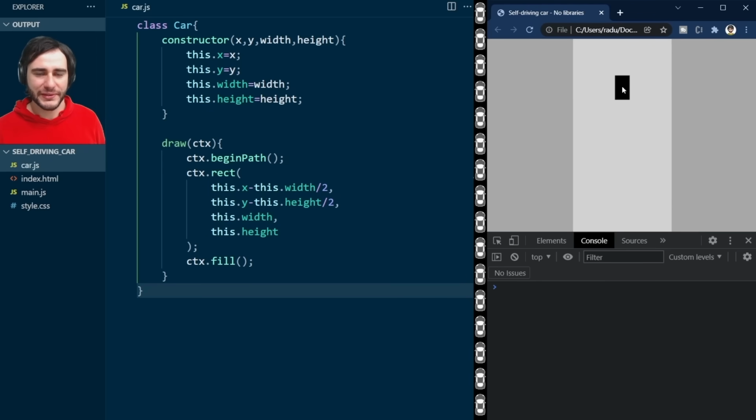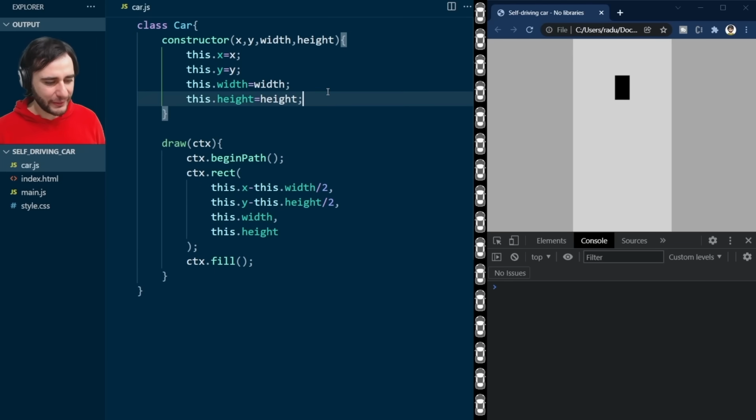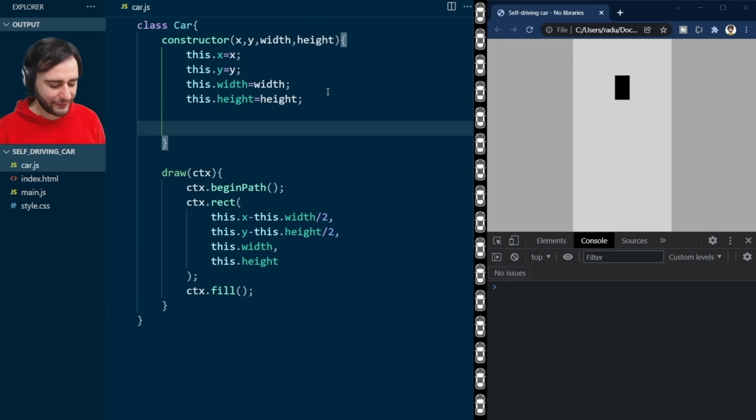So on computer screens, the y-axis actually goes downwards, and the 0, 0 point relative to this canvas is actually right up here. Now, this is really boring as such. I'm going to teach you next how to move the car using the keyboard arrow keys. So for now, let's just pretend that we have here some controls, like this: controls is equal to new Controls,